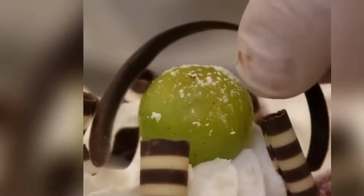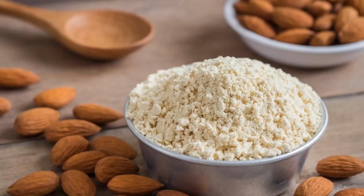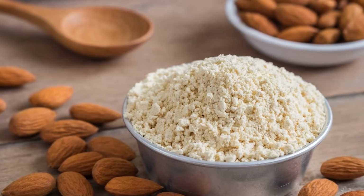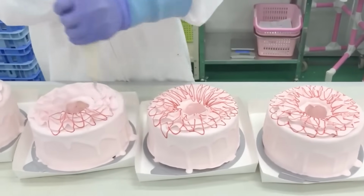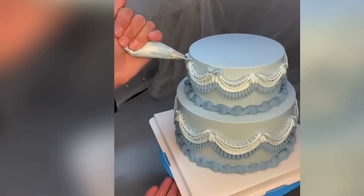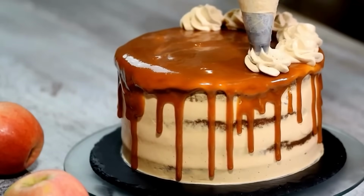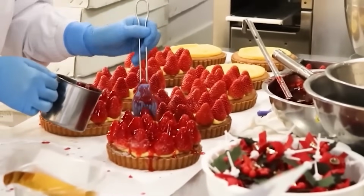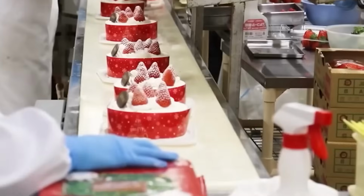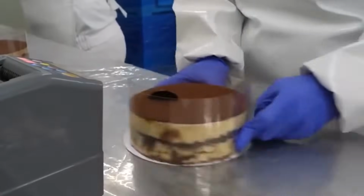Gluten-free cakes, for example, require dedicated production lines to prevent cross-contamination with wheat flour. These cakes use alternative flours, such as rice flour, almond flour, or tapioca starch, along with modified stabilizers to achieve the desired texture. Similarly, vegan cakes are made without eggs or dairy, relying on plant-based substitutes such as flaxseed, aquafaba, and non-dairy milk. Sugar-free and low-carb cakes are also growing in popularity, utilizing sugar alcohols or natural sweeteners like stevia